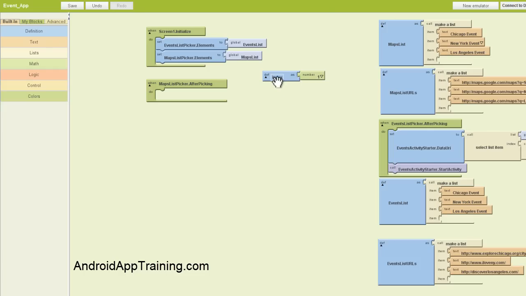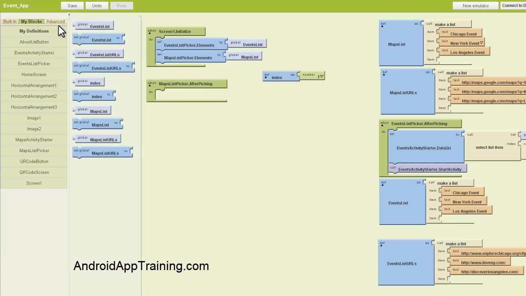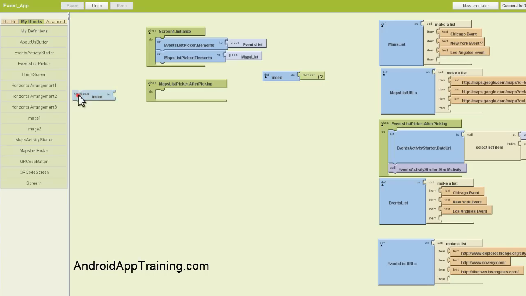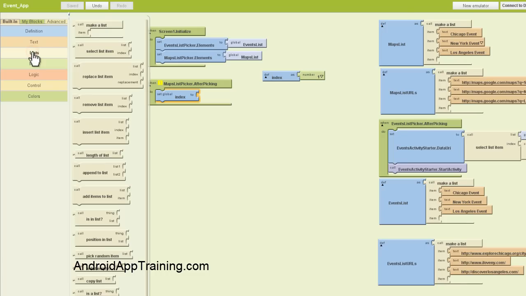And now that we've created this index, we're going to go back to My Blocks, and we'll find that our index is under my definitions now. So we want to pull the set global index to block out here, and now we're going to set our index to position in list. So we'll go back to the built-in tab, find our lists area, and we'll find position in list, and we'll